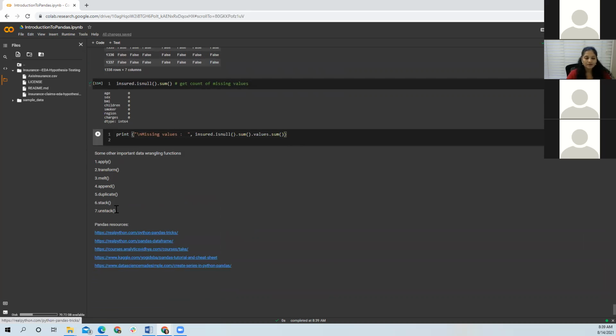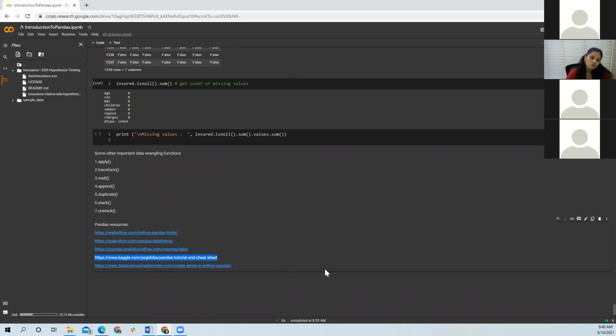And these are some other advanced functions which you can check. These are some pandas resources. I have made another tutorial using a YouTube data set. You can check that, which has other functions like merge, apply, transform, duplicate, unstack. But those are a bit advanced functions.